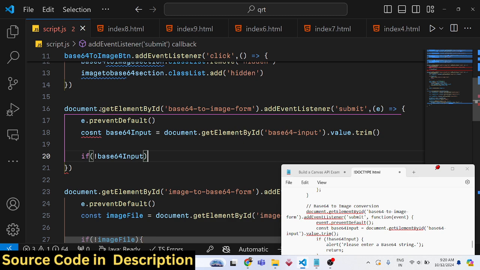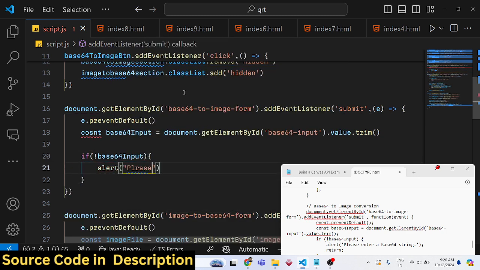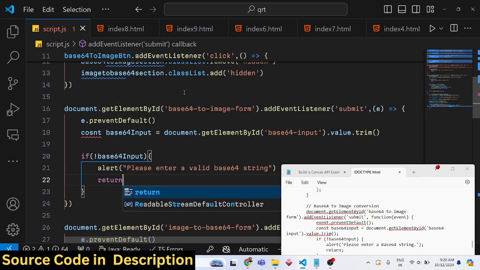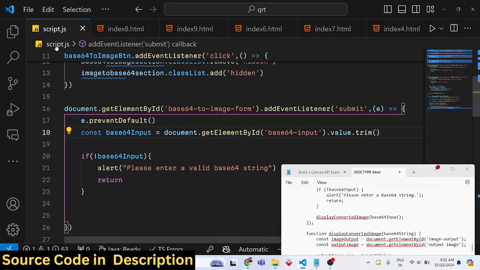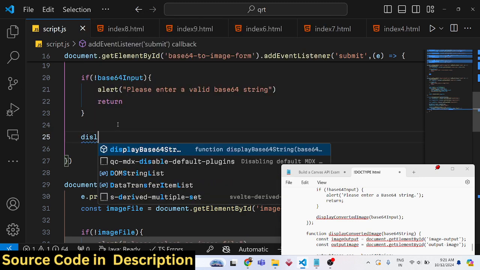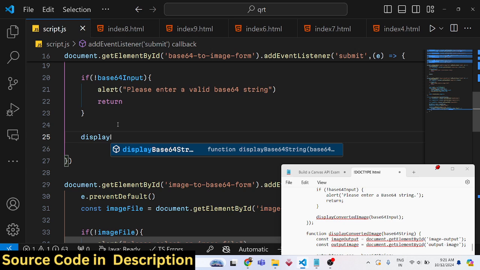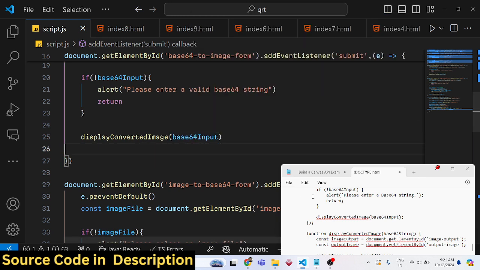if the input is not proper, in that case we will show to the user alert message that please enter a valid base64 string. Then we need to return from the program, and then we will be calling a custom function which will be display converted image, providing this base64 input. So this function